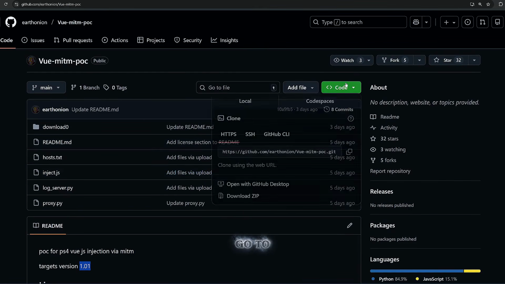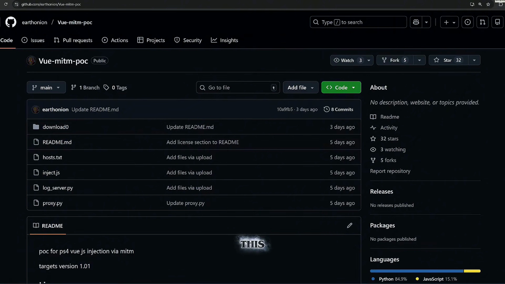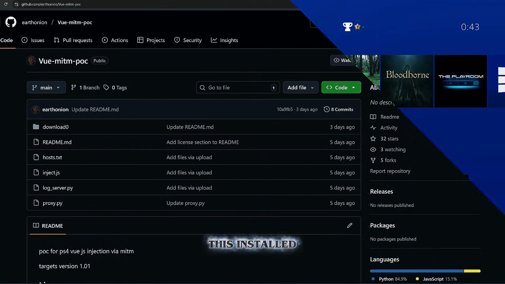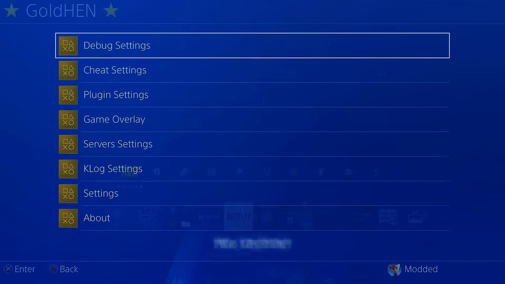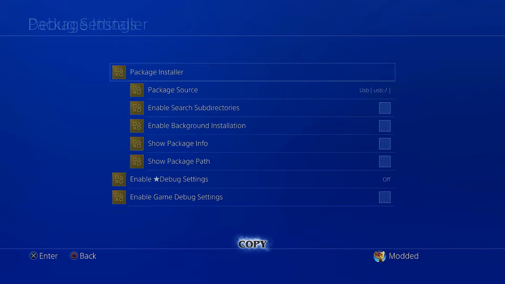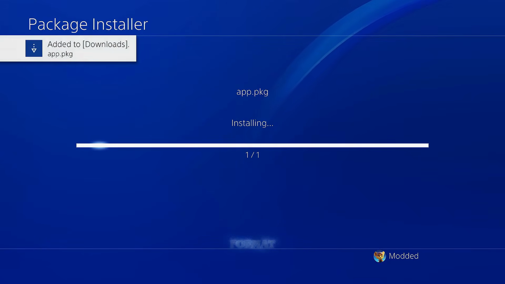But what you can do is go to the code, download it as a zip file. If you have a console that already has a previous jailbreak that can be used for testing this, then you can get this installed. All you need to do is download the PlayStation View application. I'll leave the package file linked in the video description. You just copy it to the root of a USB drive that is in exFAT or FAT32 format, plug that